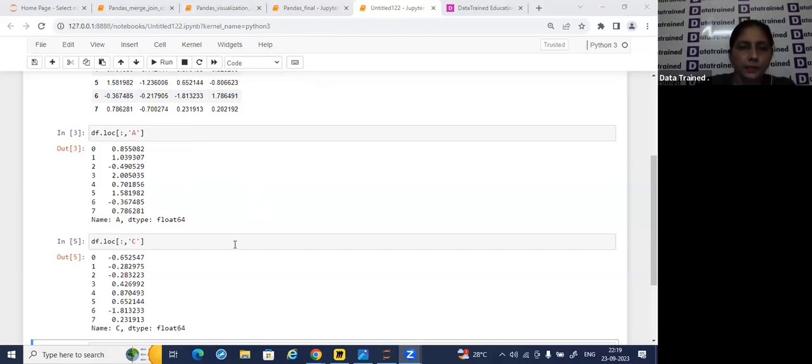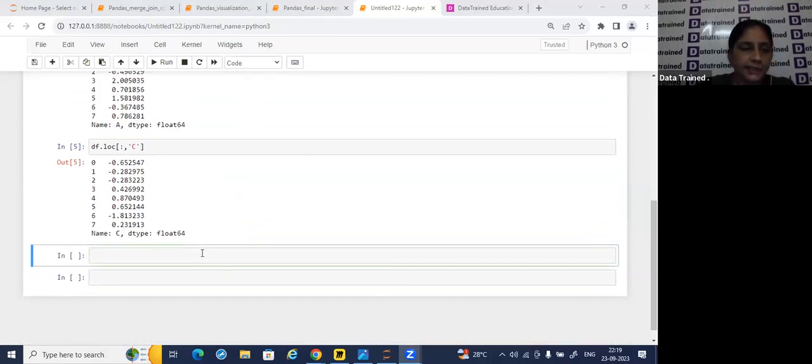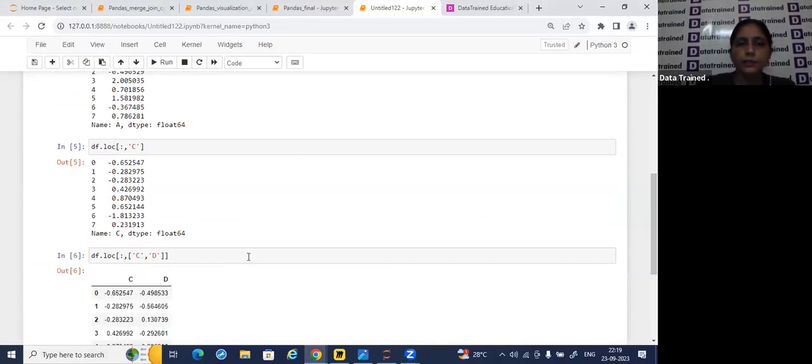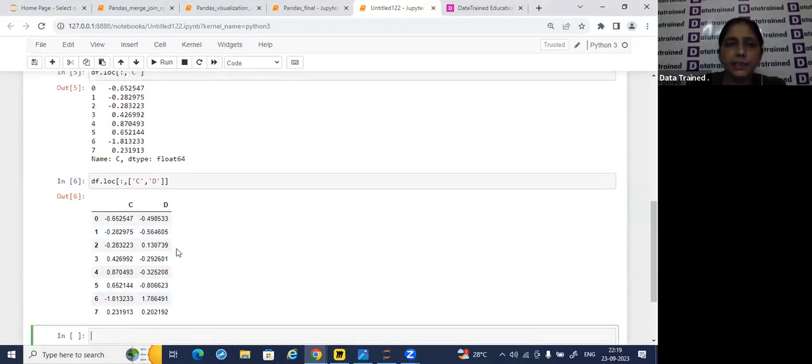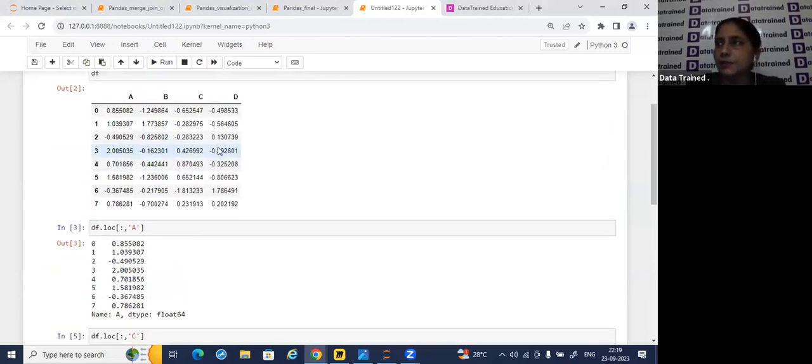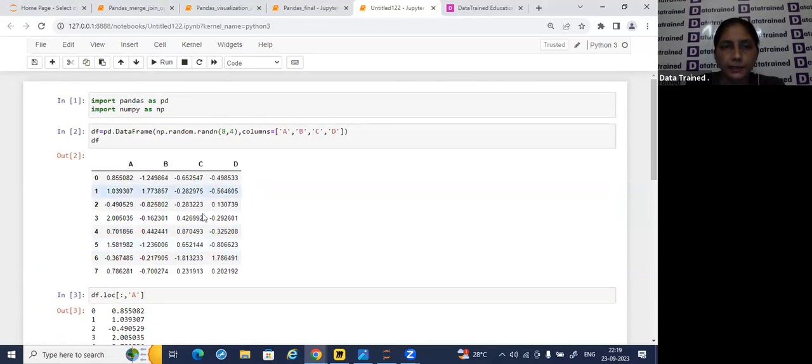Okay. Now suppose here I want to capture C and D. So df.loc operation, loc. I want to see all the rows and I want to capture C and D here. So here again I have to give the data in this way. So here I'm getting the columns C and D. The point is here that,